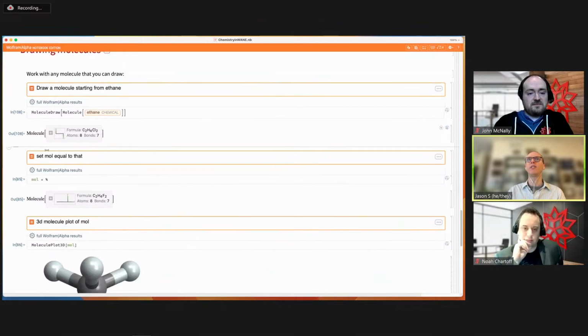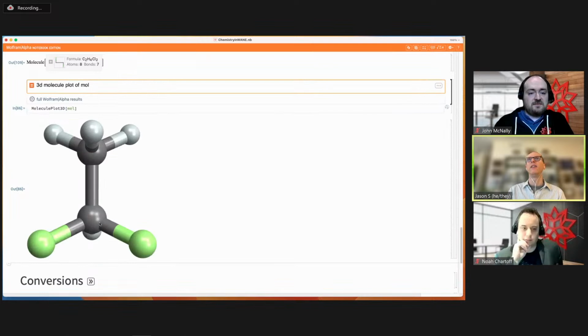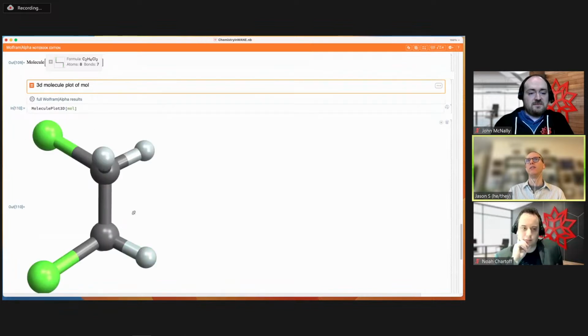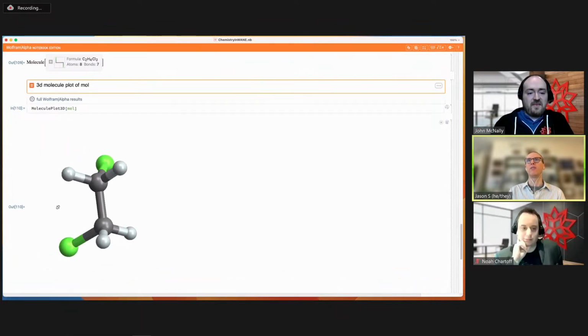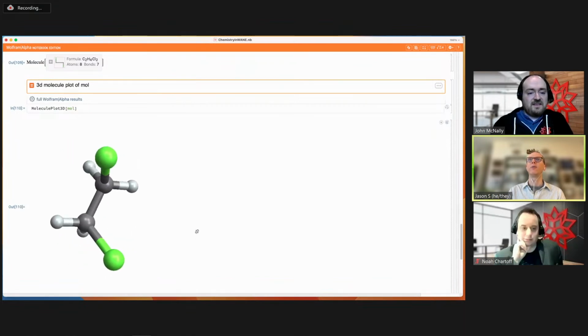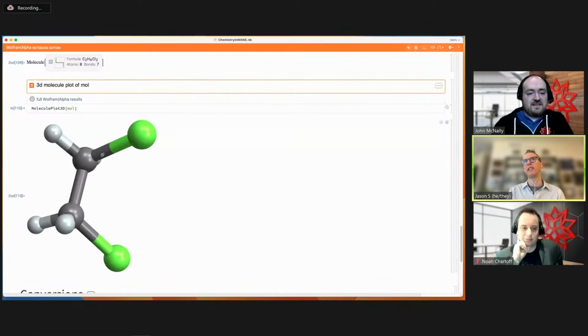And in the notebook, I'm just going to say, well, I want to set that equal to a variable. Remember, Wolfram Alpha Notebook Edition can use natural language to set up variables, and we can set a molecule equal to a variable. So I'll do that. And now we see that mole, which is the variable name, is equal to this molecule. And I can say, well, I want a 3D plot of mole, and there we go. And again, now it's rotatable. And for those teaching organic chemistry, this is the cis version of